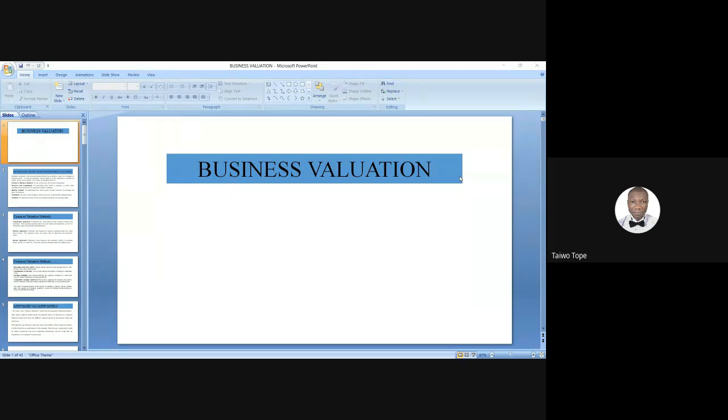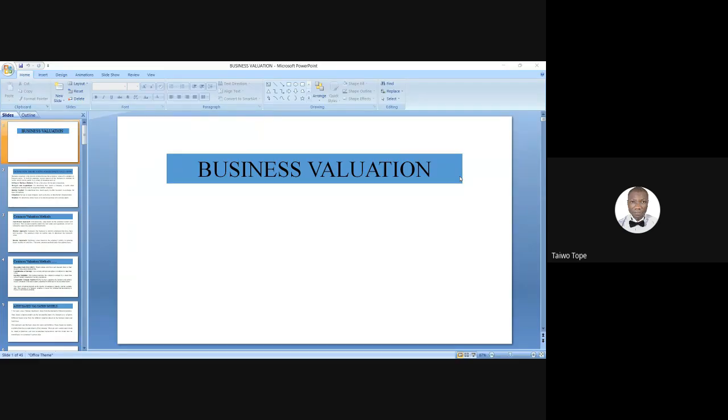Another point where we have issues of valuation is in the case of loan facility or bank lending. And we can have issues of valuation when liquidation wants to set in. When a company wants to liquidate, the assets are realized. There's what we call net realizable value. That means at that point you want to pack off as a business, so when you sell that asset, what will be the return?